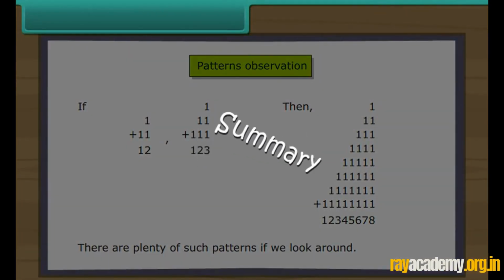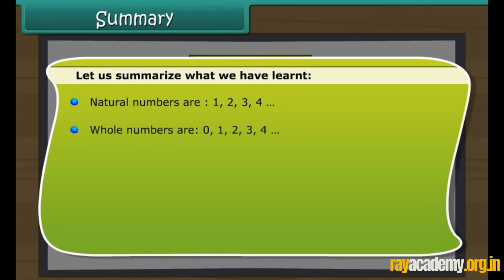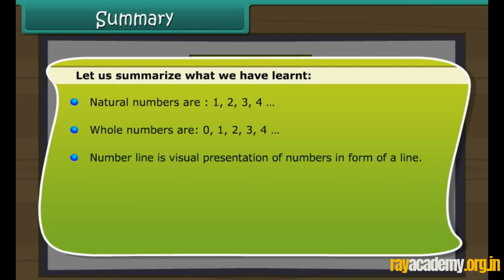Summary. Let us summarize what we have learnt. Natural numbers are 1, 2, 3, 4. Whole numbers are 0, 1, 2, 3, 4. Number line is visual presentation of numbers in form of a line. It is easy to add, subtract and multiply on a number line. Property